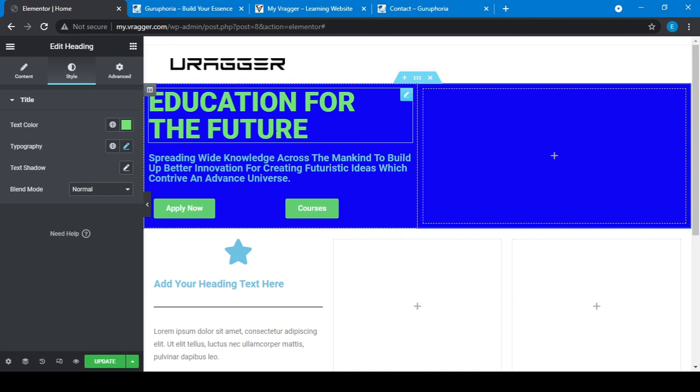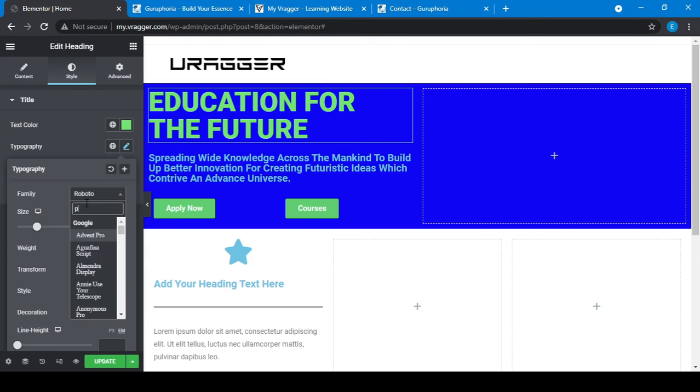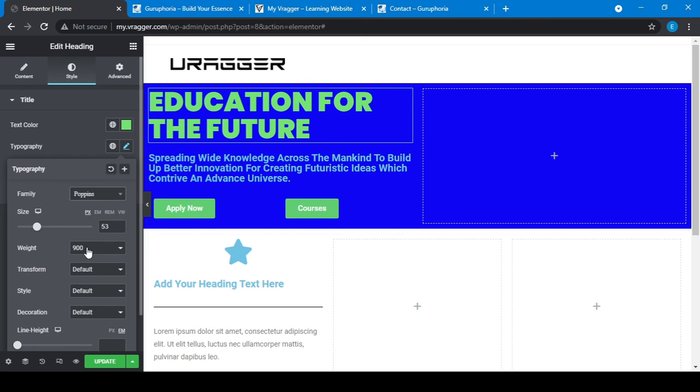Okay, the font is different there, so I'm not sure what the font is. We can use Poppins. No, it's not better. Okay, now I think it looks like the same structure that we want to create.